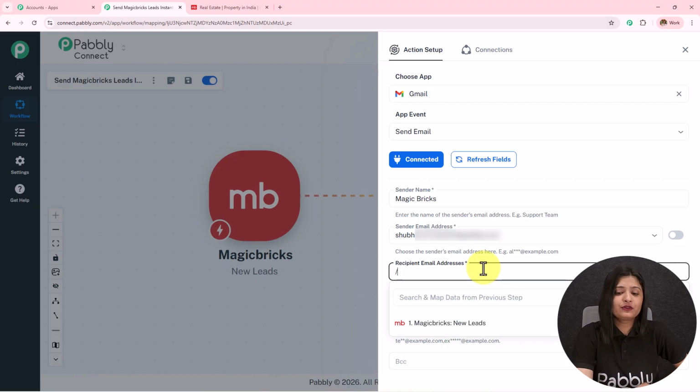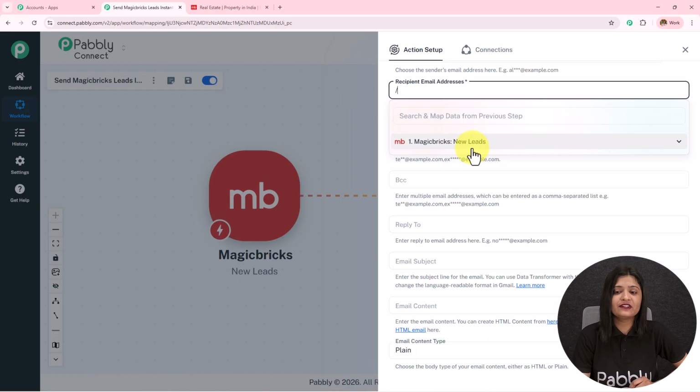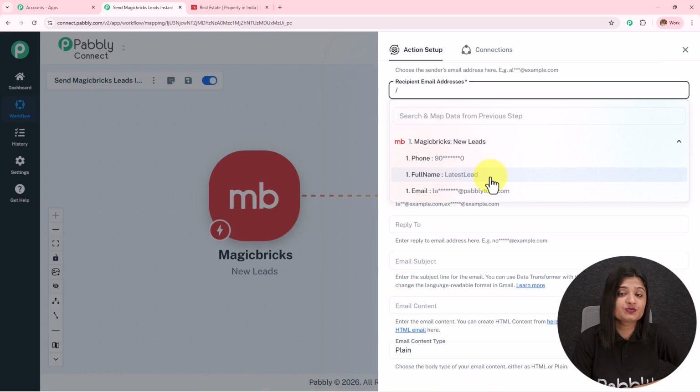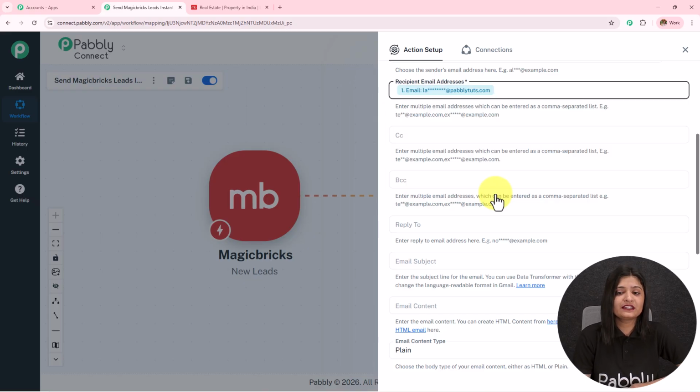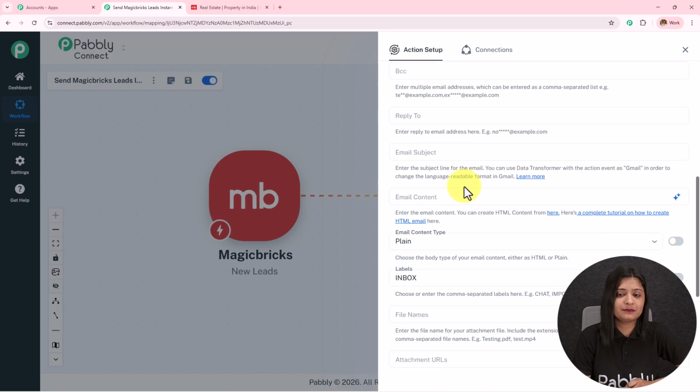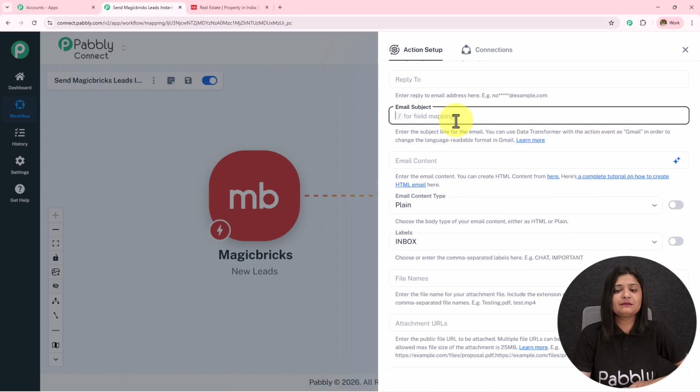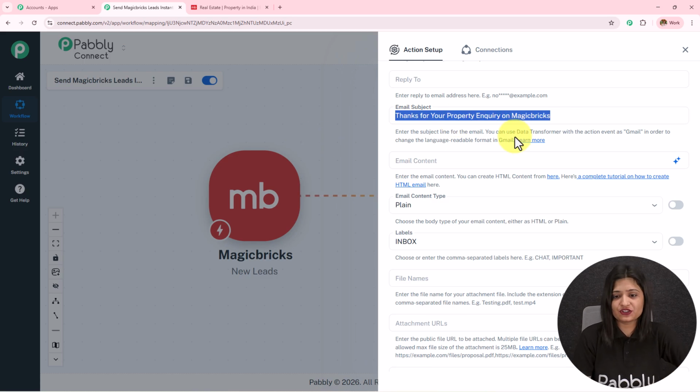To map this, we have to enter slash first, and as we enter the slash, we can see this Magicbricks. And when we click on this Magicbricks, we can see all the response which we have received. I'm going to enter the email address as latestlead@pabblytudes.com. The CC will remain blank, the reply to also. In the email subject, I'm going to write manually, "Thank you for your property inquiry on Magicbricks," and then I'm